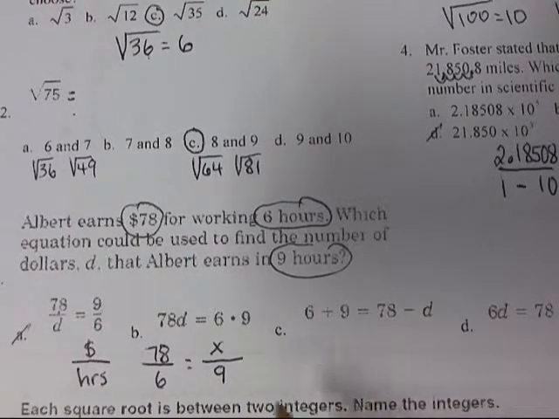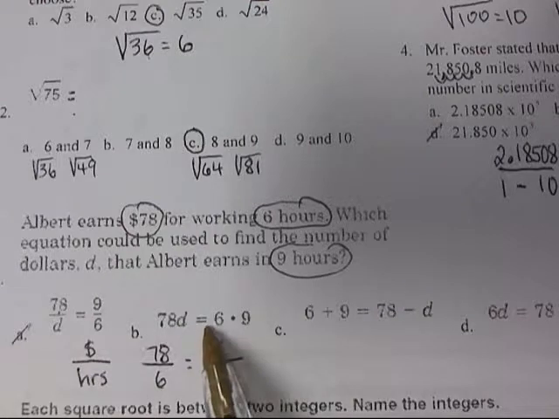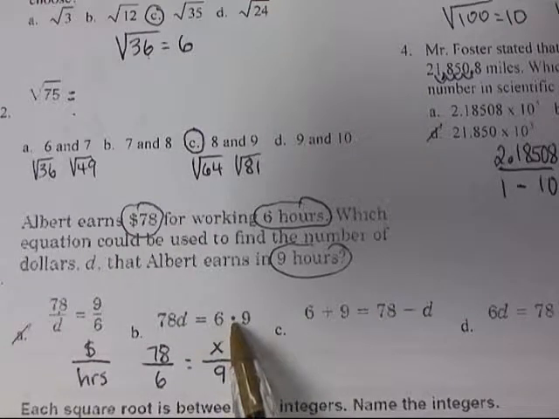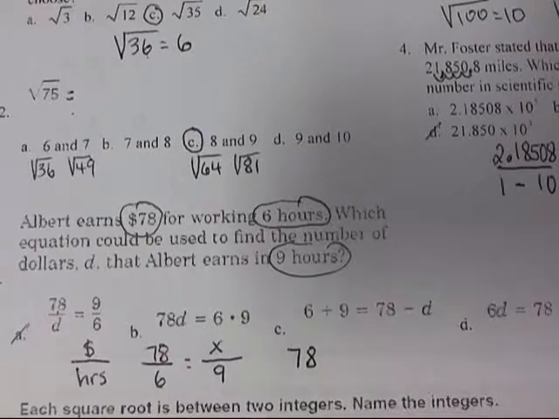Let's take a look at answer choice B. 78 times D equals 6 times 9. Well, let's see. 78 times D